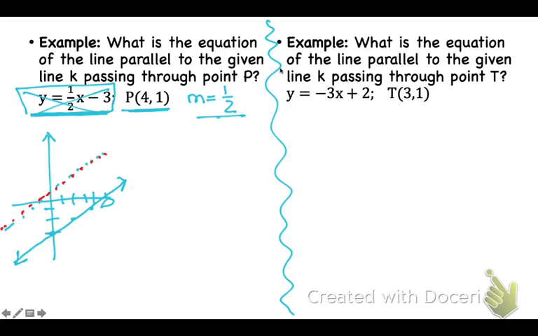So I have an x, and I have a y, and I have an m. Do I have enough to plug into y equals mx plus b? Yes. So the first thing you do is identify your slope. The next thing you do is plug it into y equals mx plus b to find your what? Y-intercept. So what's y? 1. 1 equals slope 1 over 2 times x, 4,